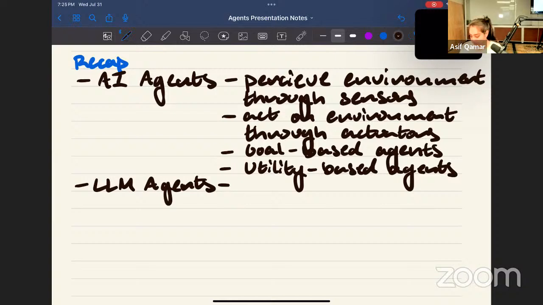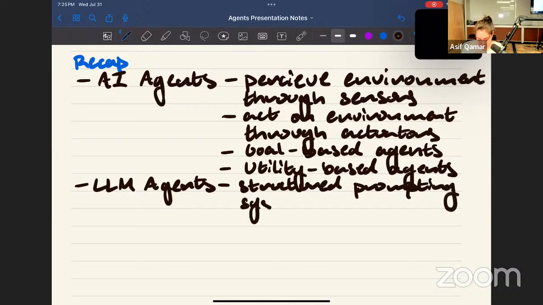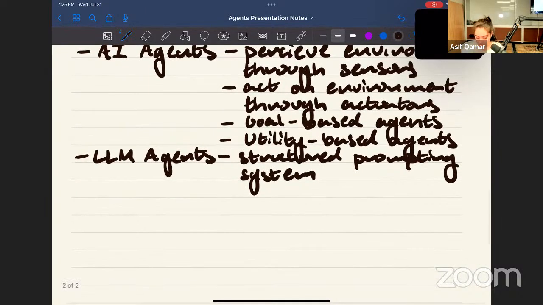But LLM agents in particular use a structured prompting system,